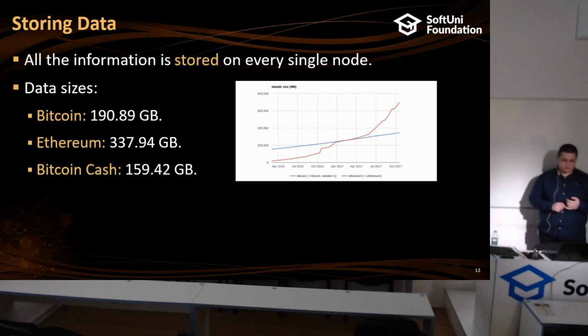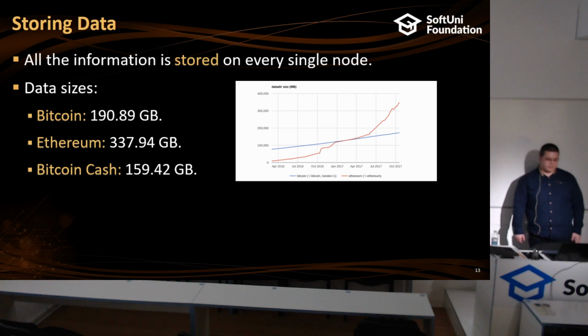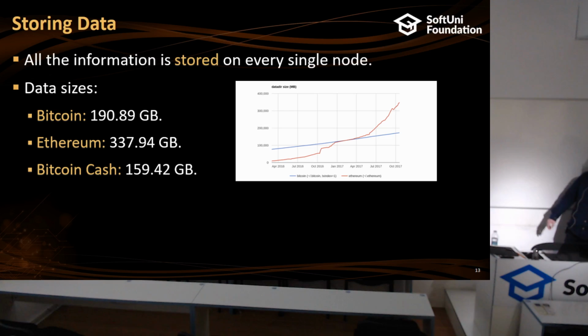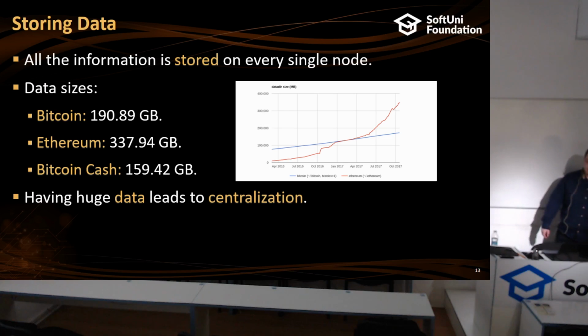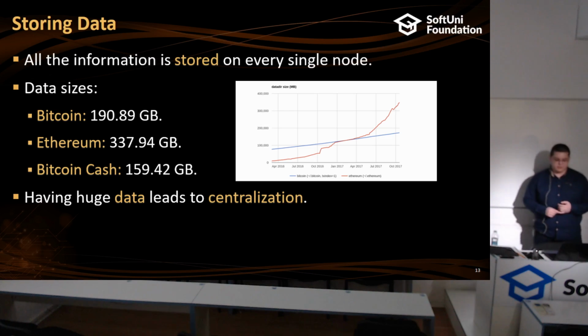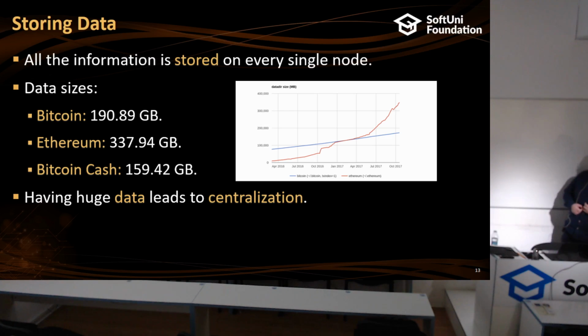And for you to run a node, you can actually do it with less size than this, but this is still a very big number. Again, the idea is that the network is fully decentralized, so everyone in the world should be able to run a node. Currently, if you need to give 100 gigabytes of space to store the data, it is very much for normal people. So having huge data leads to centralization, because not everybody will be able to run a node. You need to know that this only grows bigger, so it might end up being 1 terabyte in 5 years, and then even more of the normal people won't be able to run a node. So again, it leads to